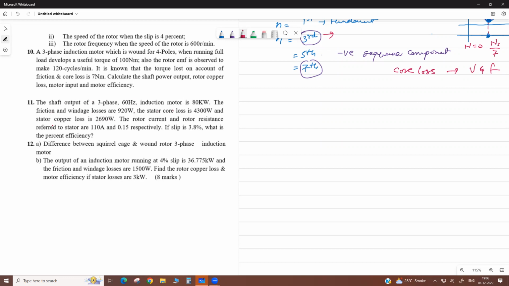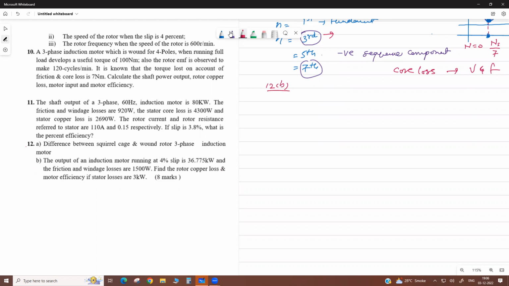Okay, so see, mostly this question you can easily do as 12th part B. Here slip is given. This is your output of motor in kilowatt. Friction and windage loss are given. Then you have to find the rotor copper loss and motor efficiency, if stator loss is also given. Okay, in 12B,